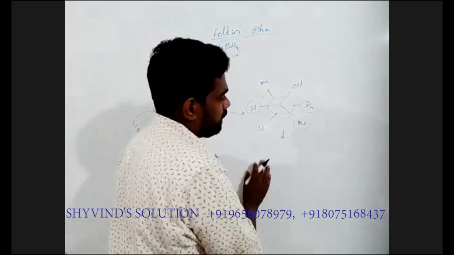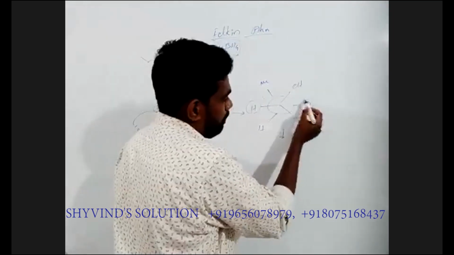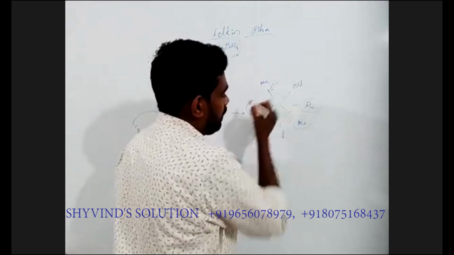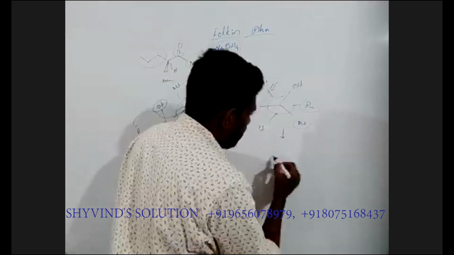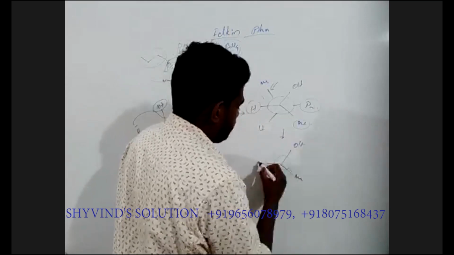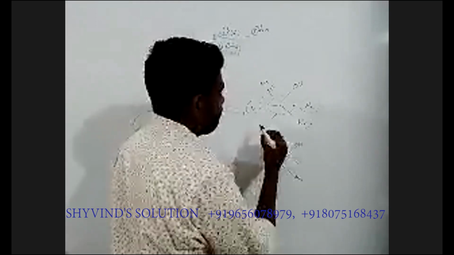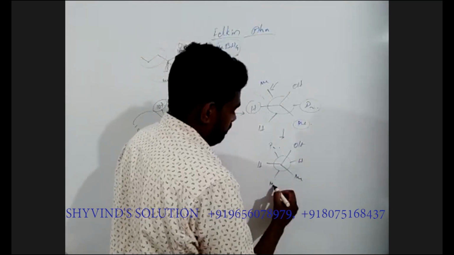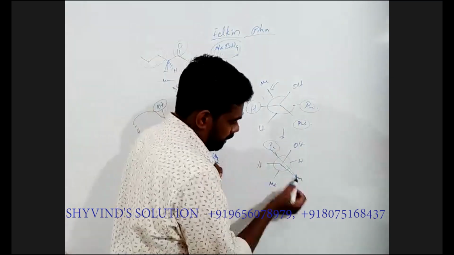So for that, what I do is I just rotate the back carbon by 120 degrees to bring this PR to here. So, a 180 degree anti-clockwise rotation of the back carbon. So we will get the front carbon as such: Me, OH. This is the front carbon. The back carbon PR will be here. If I rotate it 120 degrees, hydrogen will come here, Me will be here. Okay, this is the representation. So we got PR and Me opposite to each other.